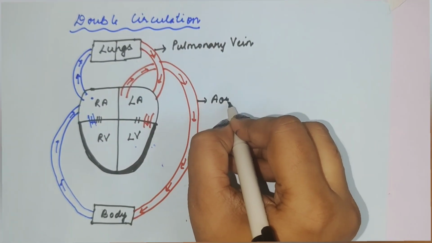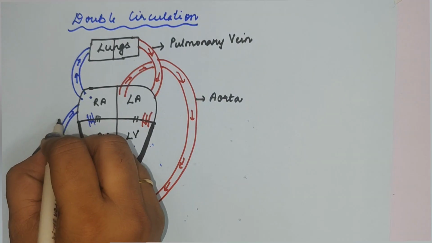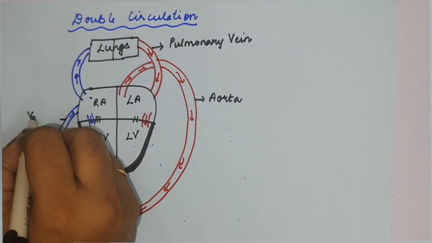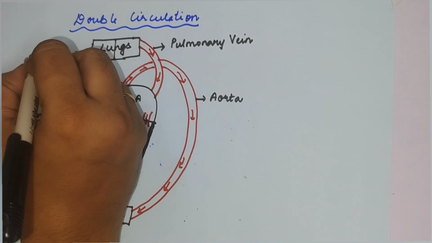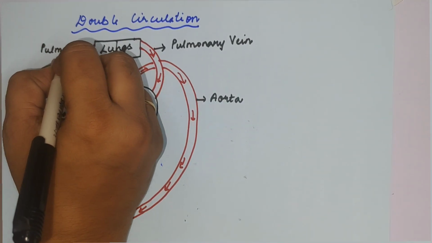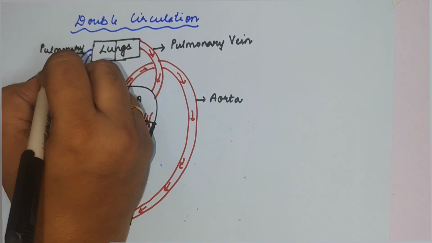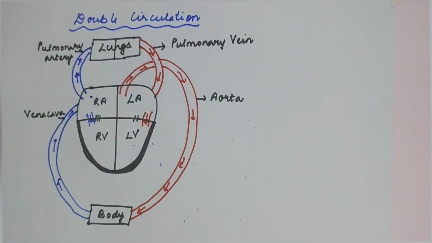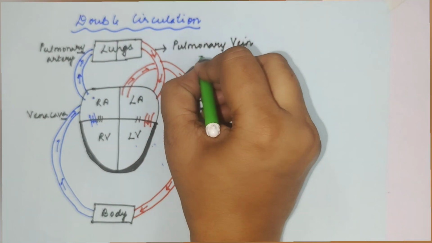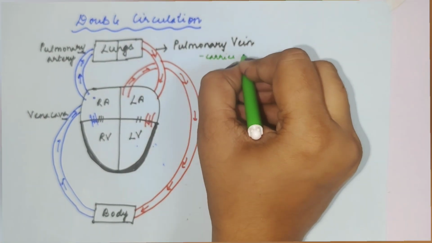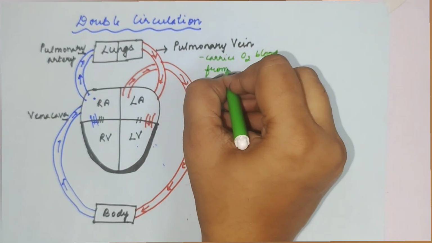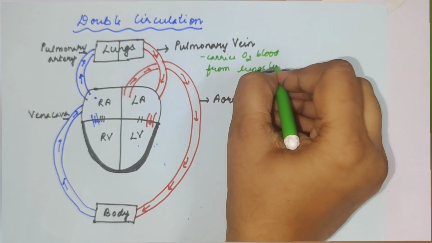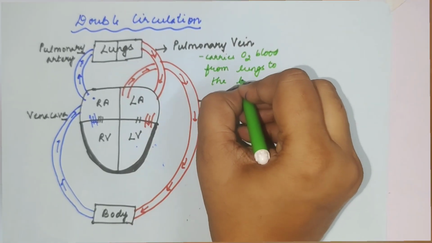So, from the lungs, the pulmonary vein brings the oxygenated blood to the left auricle. From the left auricle, then the blood is passed to the left ventricle. Now, this left ventricle will pump this oxygenated blood through the aorta to the whole body. When the oxygenated blood from the aorta reaches the body, it is utilized by the body in various metabolic functions,